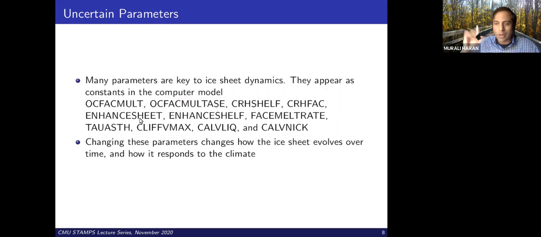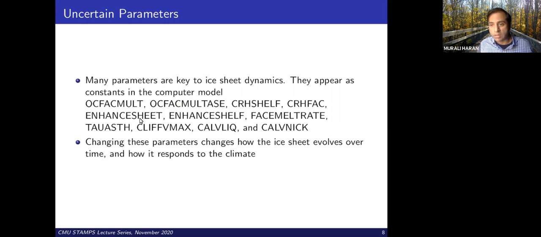So right up at the top of your computer code, you have these things in all bold, and they're fixed to certain values. And then you fix those values, and then you run the model. But it turns out that if you tweak these parameters, if you change the values a little bit one way or another, they start having an impact on how the ice sheet evolves over time